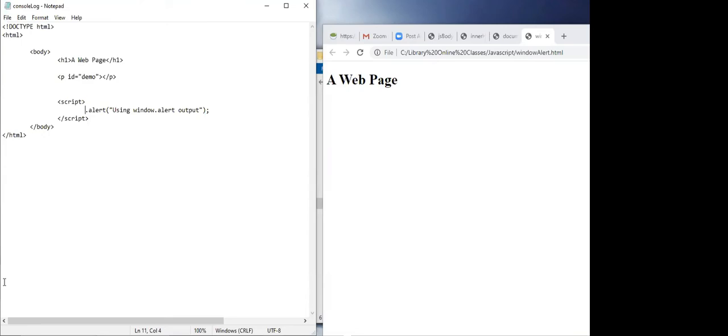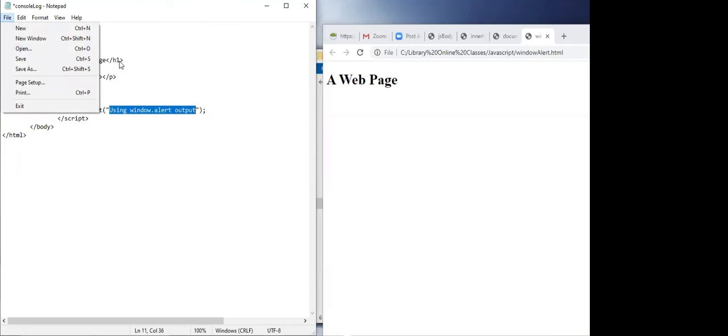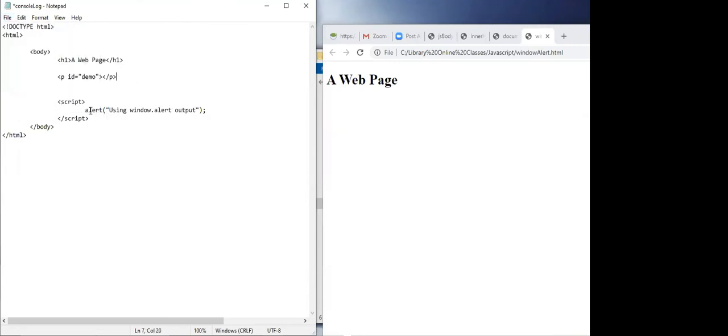So you can have just window, or you can have just alert, and then put the text that you want in the pop-up window. Anyway, you don't have to do window.alert. So for console.log,